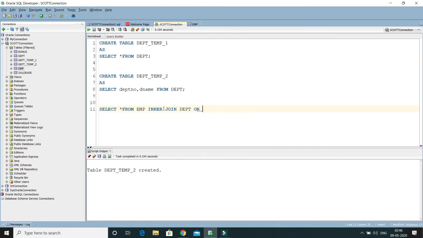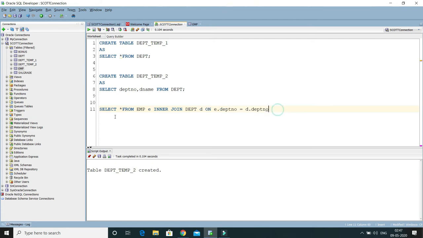In the ON clause, let me take an alias of EMP, let's say E, and an alias of table DEPT, let's say D. On E.DEPT equals D.DEPT.